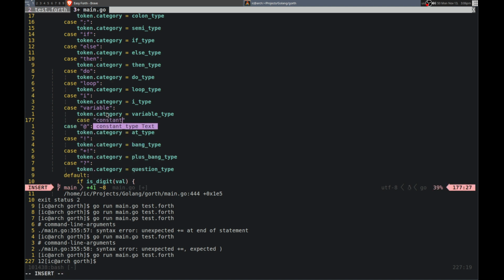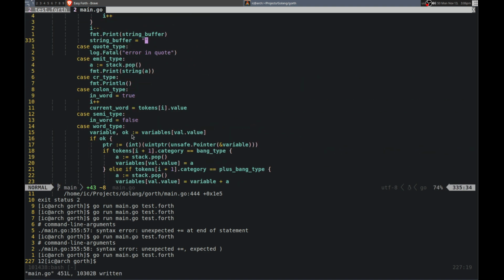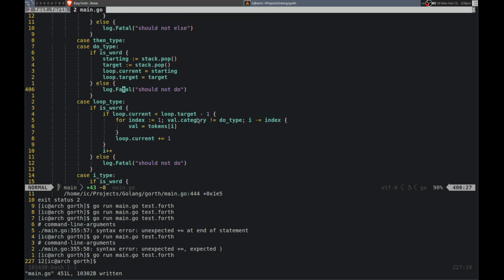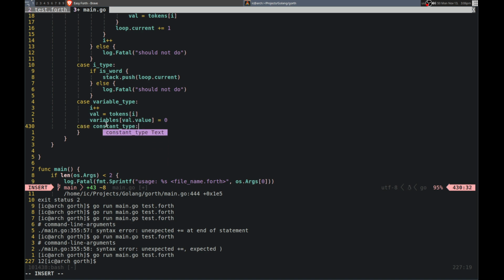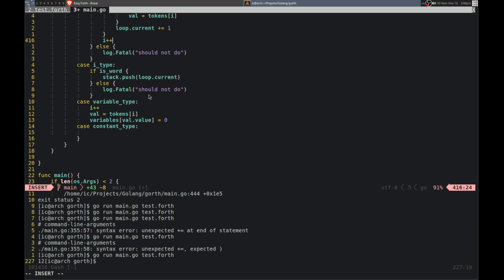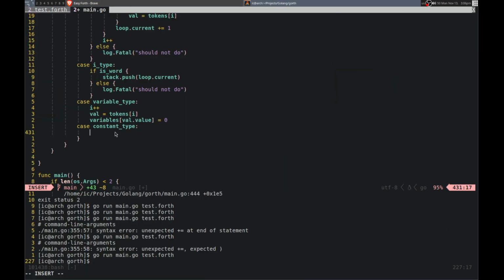Case is constant. Token.category equals constant type. Okay. And now, okay. So, oh my gosh. Alright, so if we encounter constant type, case constant type, then yeah, we're going to need another hash map. Or, well, actually, could we just use the same one? But make it, probably not. Because we need a way to actually tell if it's constant or not. So yeah, actually, we're going to want a different one. So basically, just do constants, now that value equals